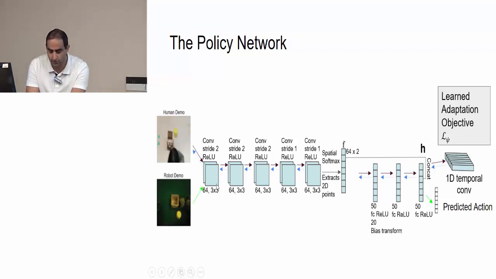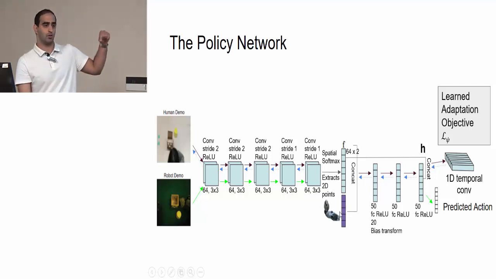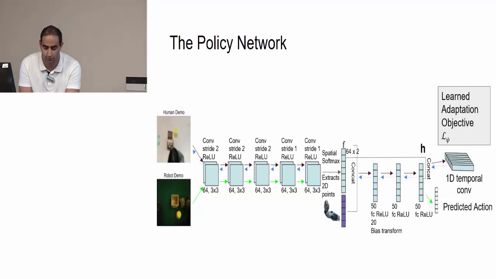We send the robot demonstration through the same convolution layers, and we also concatenate the robot state, the current state of the robot, and we use these features to predict the gripper pose. So we just send these features through a fully connected layer, and it tells us what should be the gripper pose. Robot states are the joint angles. And the predicted gripper pose tells us if we should open the gripper or not.